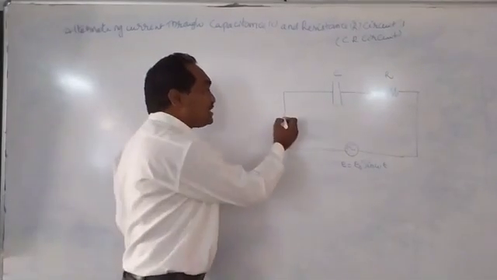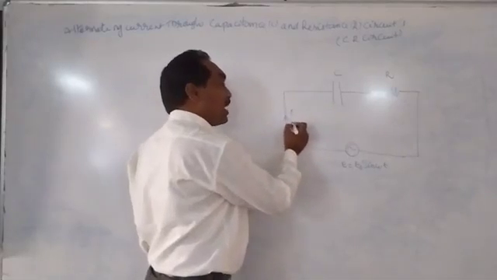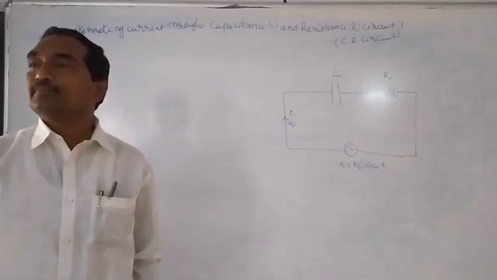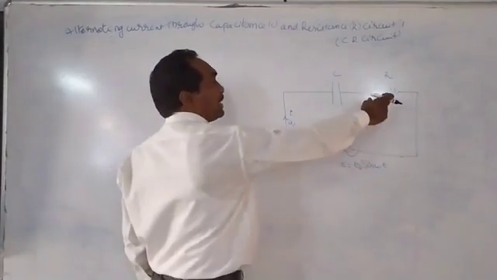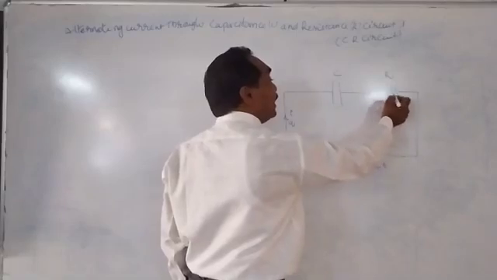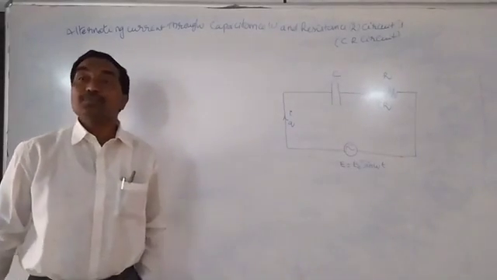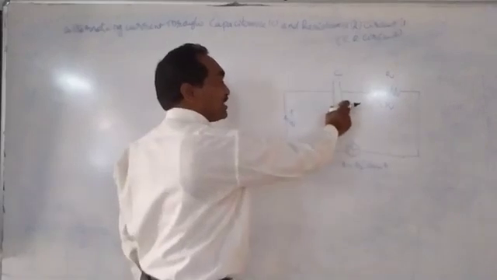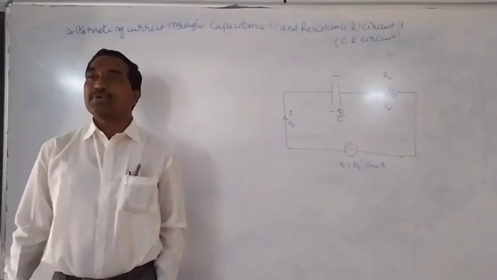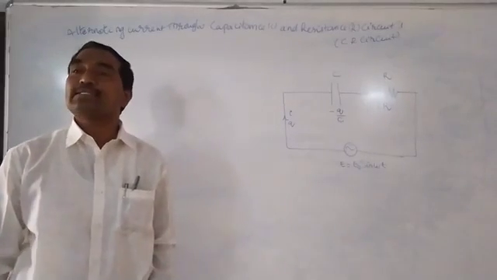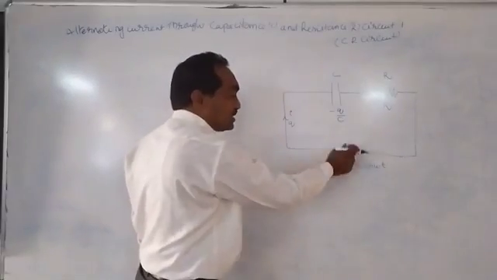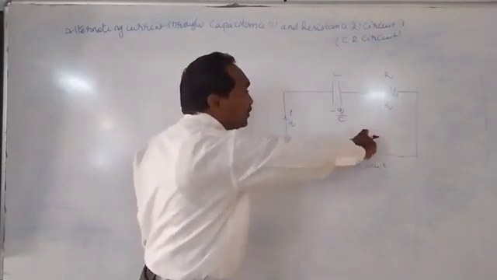Now we will assume that at any time t the current is I and the charge is Q on the capacitor plates. What is the potential difference across the resistance? According to Ohm's law, the potential difference is IR. Now, some voltage or EMF is induced between the capacitor plates, that is equal to minus Q by C, where Q is the charge at any time t and C is the capacitance of the capacitor. This E is also EMF. This is a closed circuit.